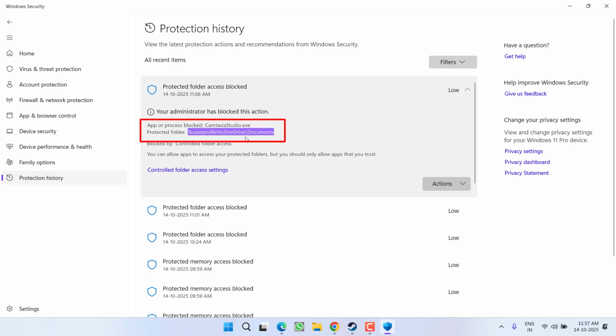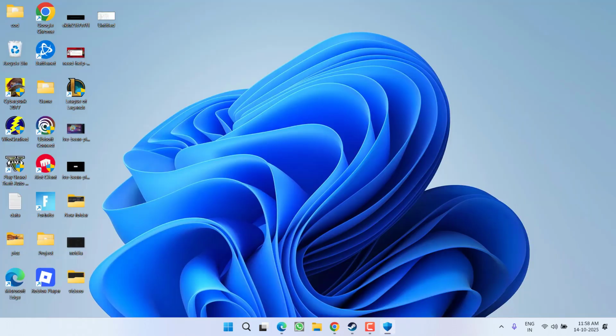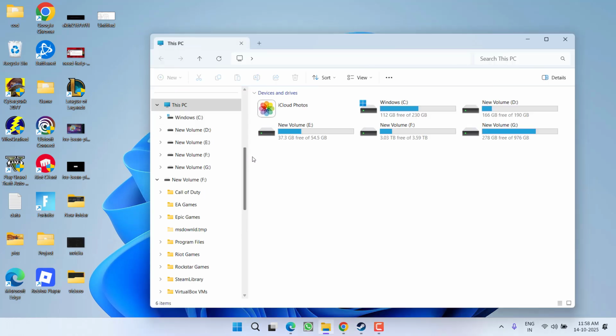Right over here, if the path is related to your GTA 5, you need to click on the Action tab and choose the option Allow on Device so that the file blocked by your antivirus will be fixed. So make sure you first of all check the name and then check the path of the file to fix the issue. If this simple step doesn't help you fix the issue, in the next step you need to